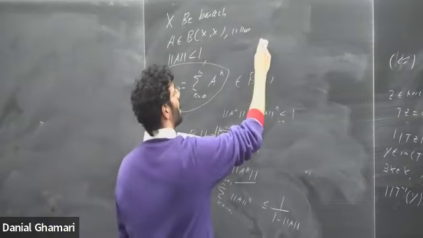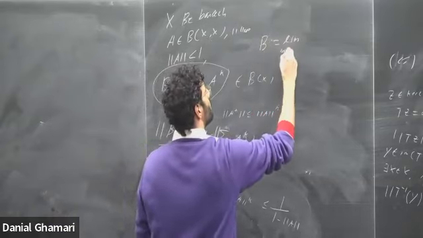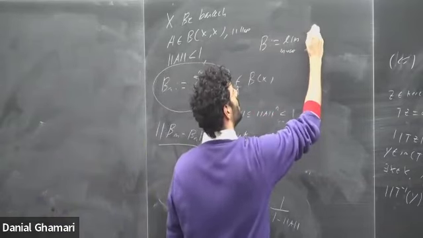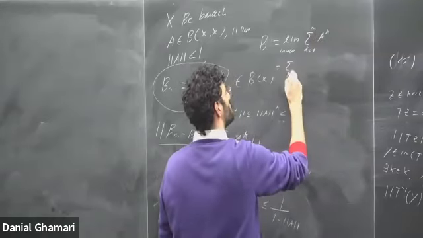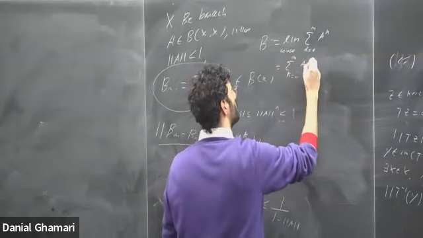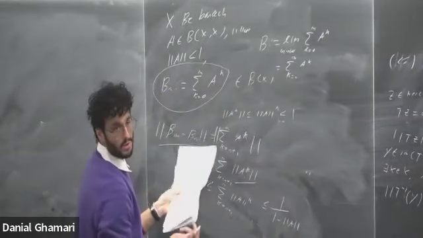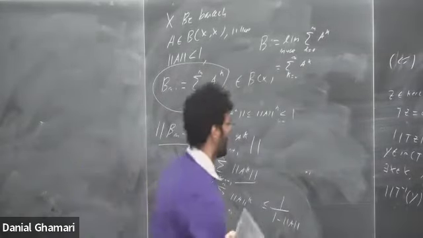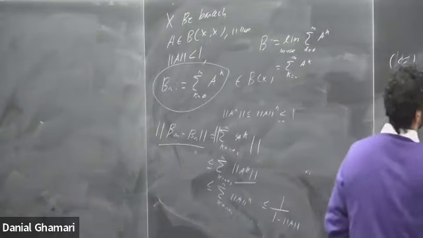So I can say, okay, well, let B be defined to be equal to the limit as m goes to infinity of the partial sum from k equals 0 to m of a to the k. What is this equal to? We'll just define it to be equal to the sum from k equals 0 to infinity of a^k. Now the question is, what does it actually converge to? I know it converges, I just don't know what it converges to. So here's where the interesting part comes in, or why this partial sum is of any interest to anybody.